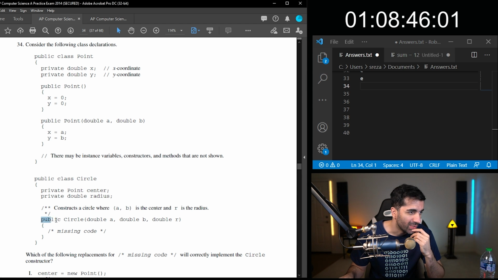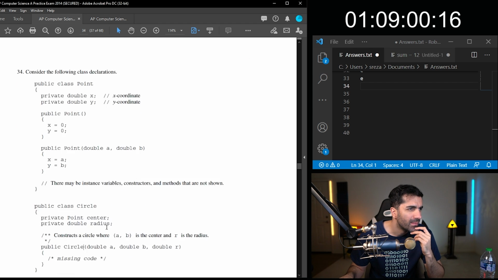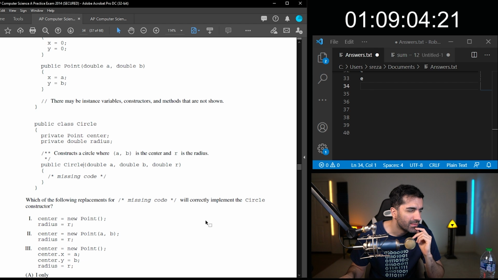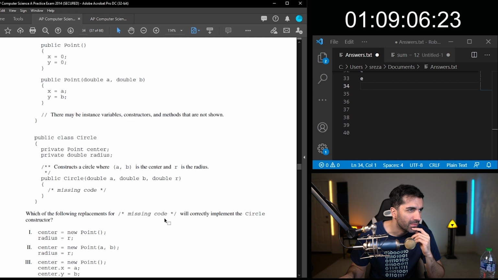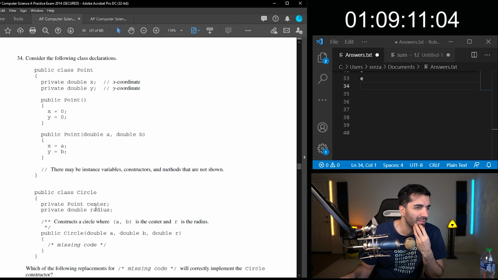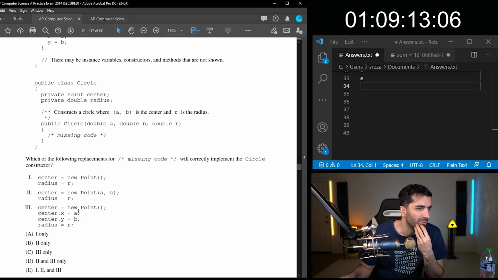So we want to instantiate circle, so center, okay. So we'll do center equals new point.